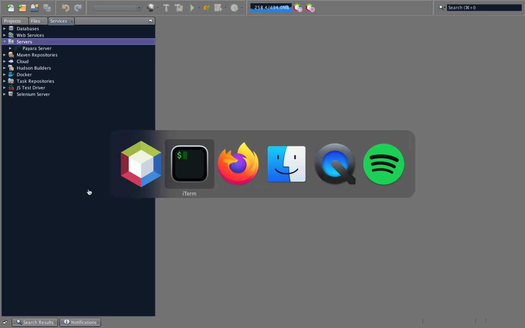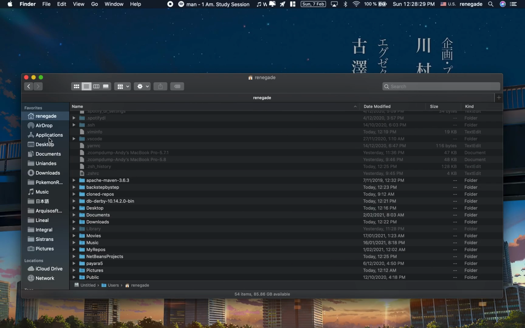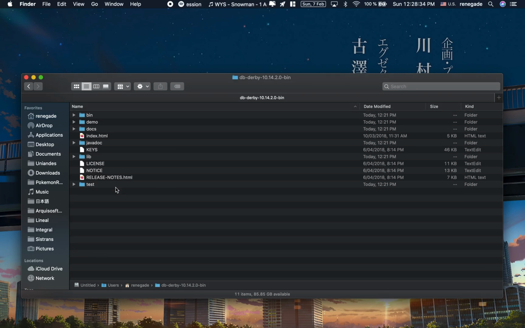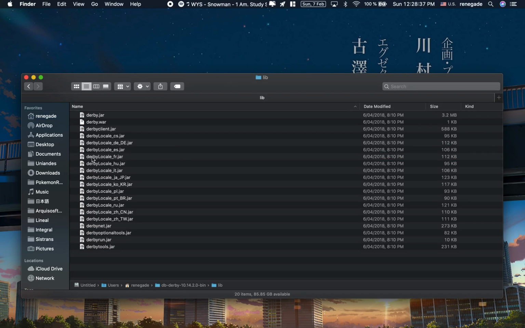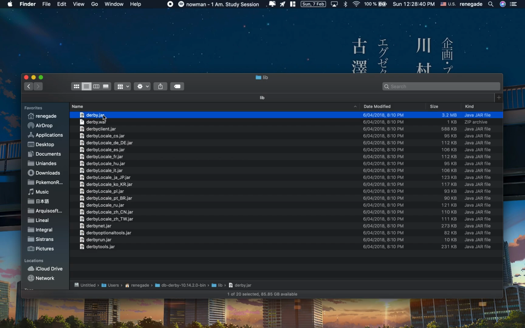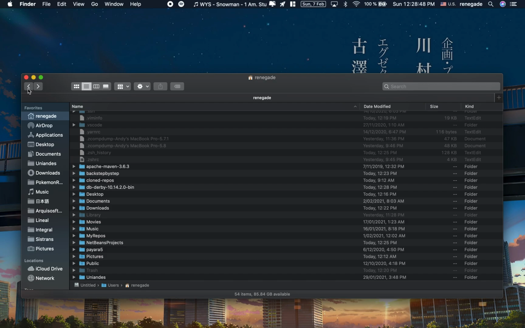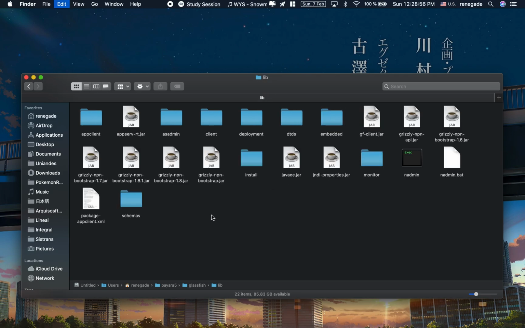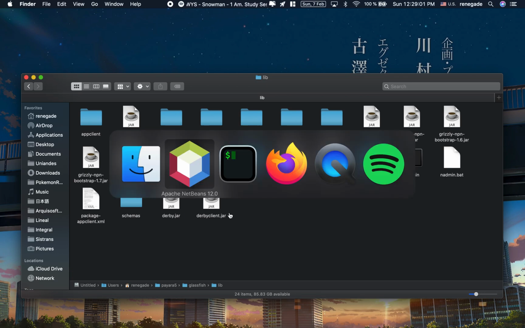Now the next thing we're going to do is open up our Finder, going into a root directory. I want you guys to open Derby. We're going to open lib, and you're going to select derby.jar and derbyclient.jar. We're going to copy these, and paste them into the Payara Glassfish library folder. So we have Glassfish, lib, and we'll be pasting them here. Alright, now that that's done,